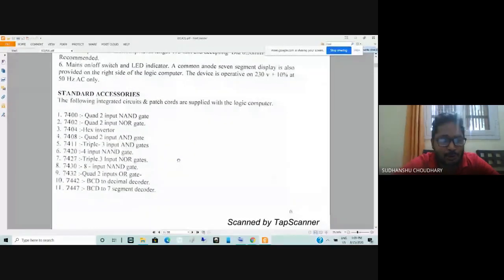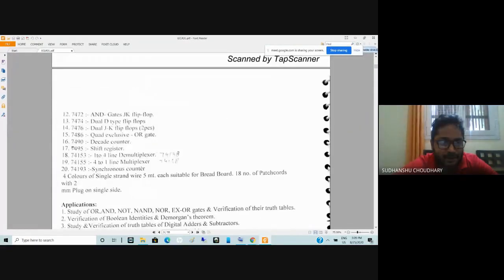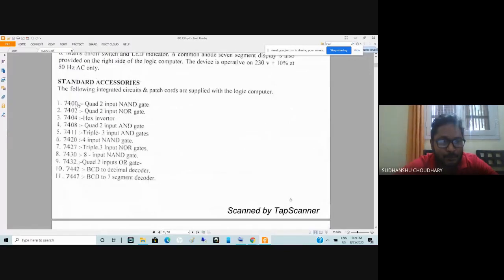And you will also find that some of these ICs may be present and some of them may be provided to you. For example, 7400 has four 2 input NAND gates. Similarly, 7402 has four 2 input NOR gates. 7404 is for 6 inverters; hex here means 6, so the number of inverters present in 7404 is 6. Similarly, 7408 has AND gates.